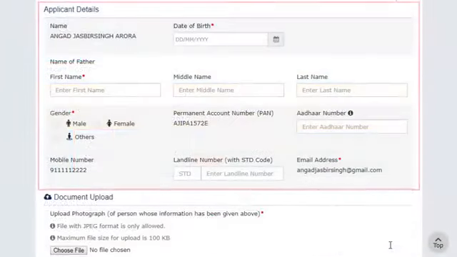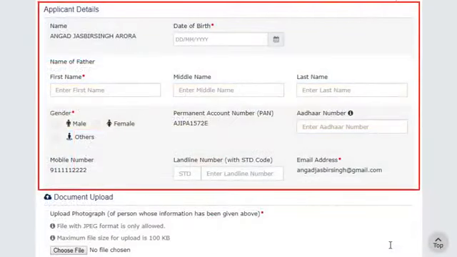In the Applicant Details section, enter the personal information like name, date of birth, father's name, gender, permanent account number, PAN, Aadhaar, and landline number. Notice the mobile phone number and email address are pre-filled as entered in the Part A of the application.